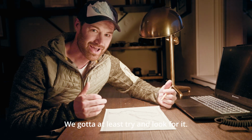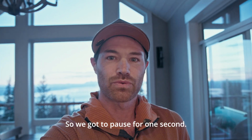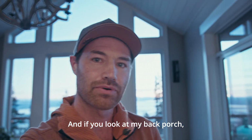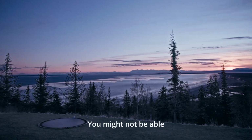We gotta at least try and look for it. I mean, how could you not? So we gotta pause for 1 second. I gotta show you something. I'm at my house, and if you look at my back porch, let me bring you over here. If you look at my back porch, it's a little windy out here. You might not be able to hear me very well, but